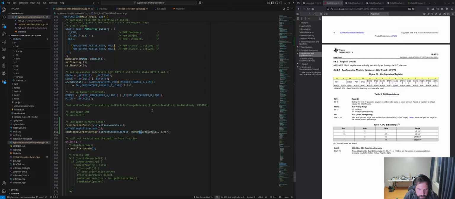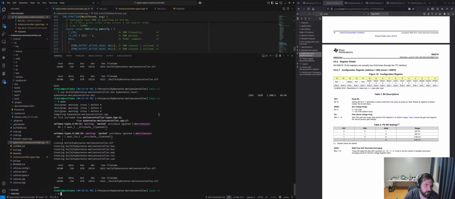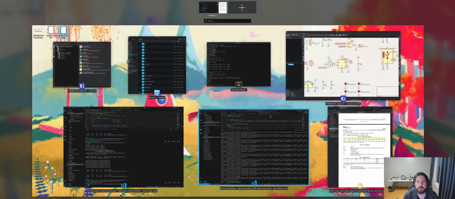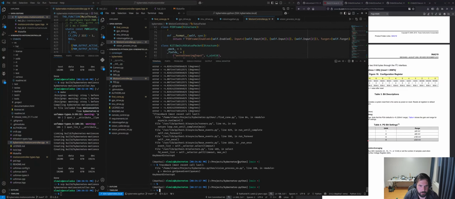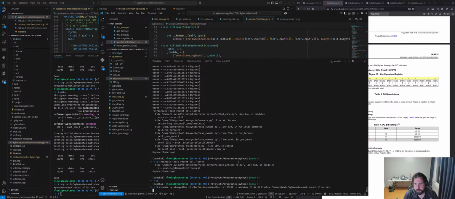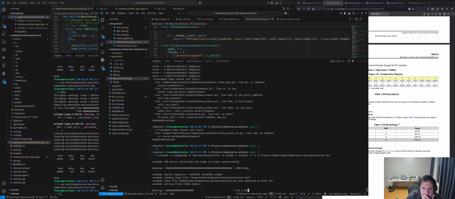What if we just did 0, 0? Oops, 0, 0. Write the motion controller